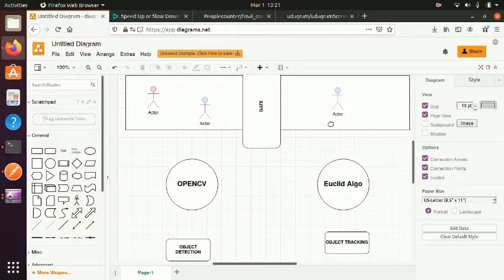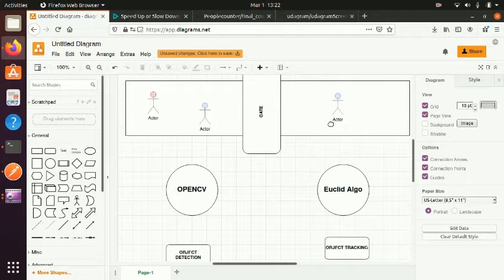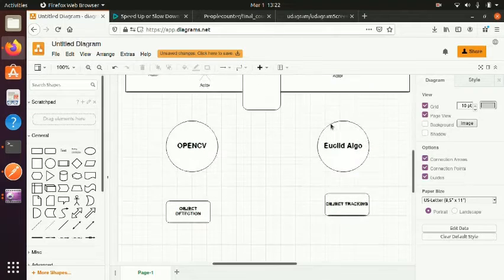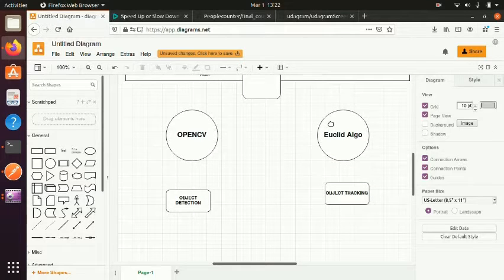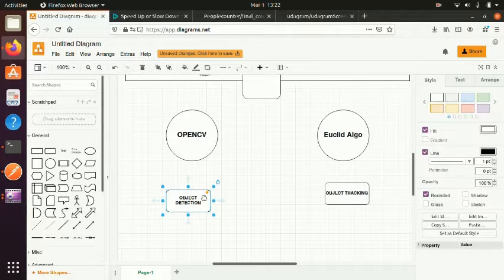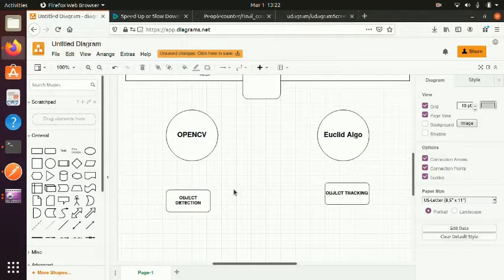Now, suppose in a video you want to identify a cat as an object. The phenomenon of identifying a cat in a video frame can be termed object detection, that you are detecting an object.